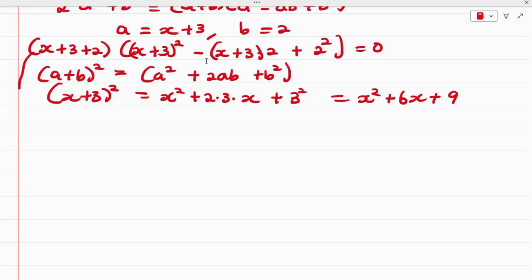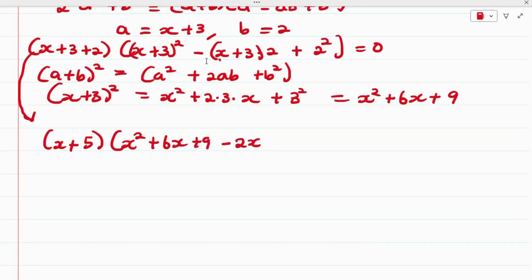So from this point we have x + 3 plus 2, which gives us x + 5, multiplied by (x + 3)². Now we know what (x + 3)² is, so we write this as x² + 6x + 9, minus 2 × x gives us 2x, minus times plus is minus, 2 × 2 gives us 6 plus 2², which is 4, and this is equal to 0. So we have (x + 5) multiplied by